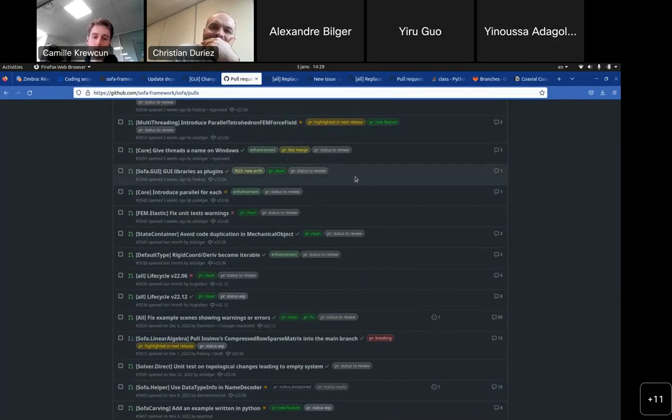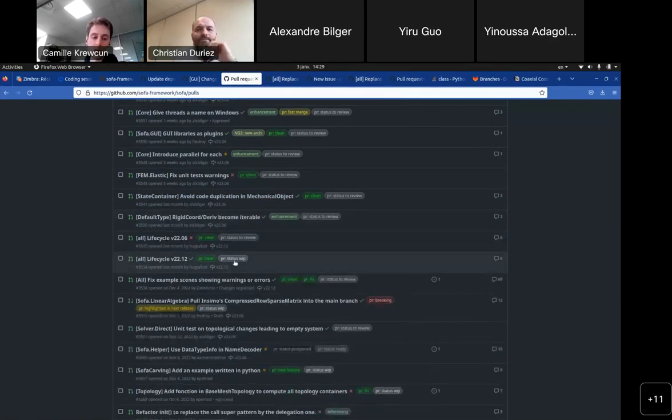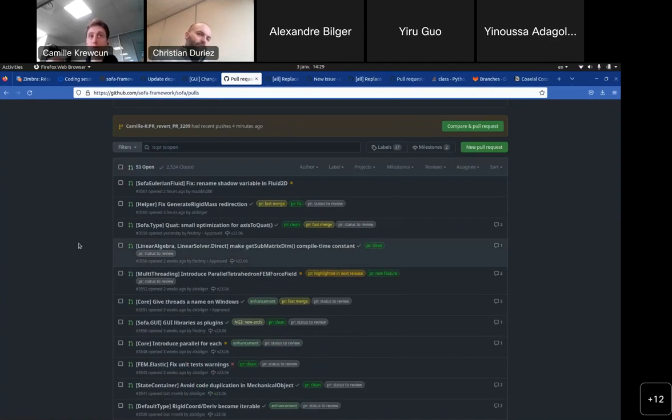And you can see that here the different pull requests have different status. So you have some pull requests that have the status to review, meaning that they need some input, either because they are ready to be merged to SOFA in the eyes of the contributor, or because they want to discuss them during the weekly meeting. And you have some pull requests which have a work in progress status, meaning that these pull requests are not entirely finalized and they need some modification before they are integrated into SOFA. So that's the first level of